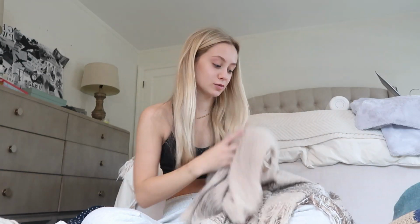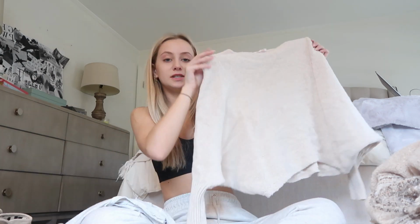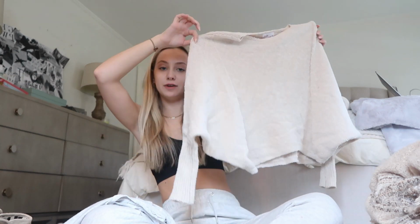Another little brown cardigan, very soft. This one is extremely soft. Another turtleneck, this one is in a cream color. This sweater type long sleeve, it's kind of a boxier fit. Little